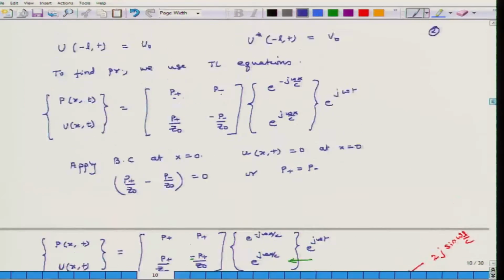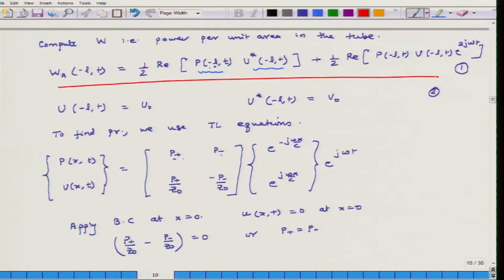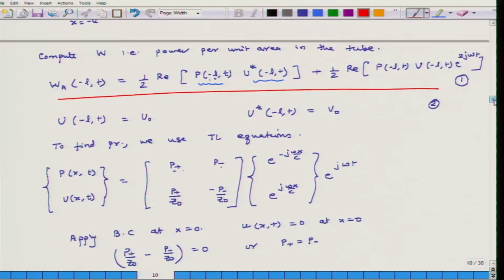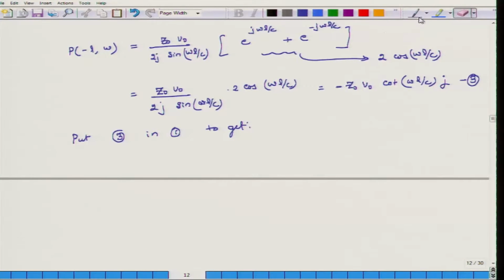So, what is the equation? This is what we are trying to calculate. Power flow per unit area, that is equal to half of real of P u star plus half of real of